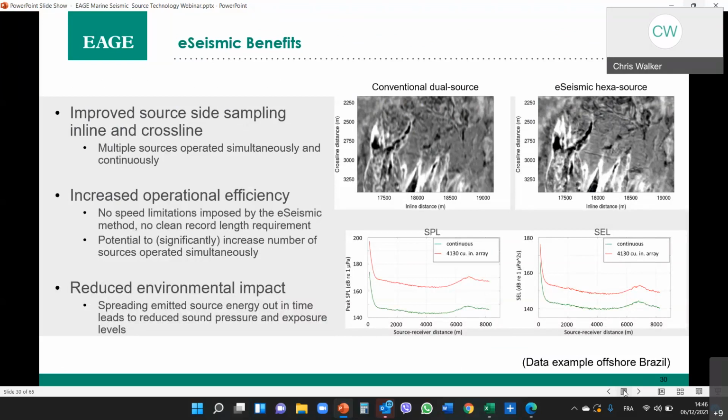Yeah. But in terms of environmental impact, for a survey of 3 months or so, the same amount of energy would be emitted, I believe. Not if the effective time distribution of the small gun or individual gun firing is longer than it would be if you were firing a source every 10 seconds or 12 seconds or whatever it would be. Okay, I'll take that over. Thank you. No worries.